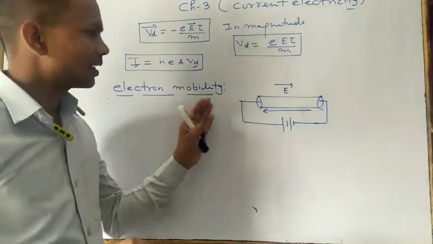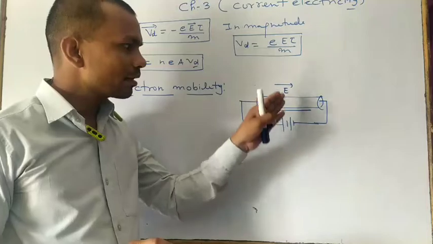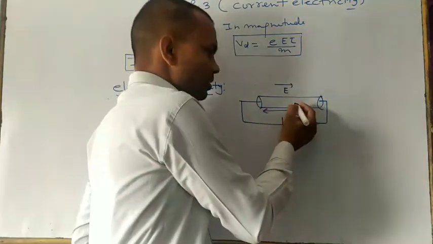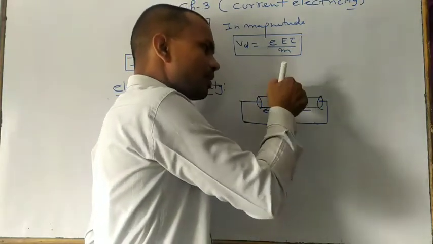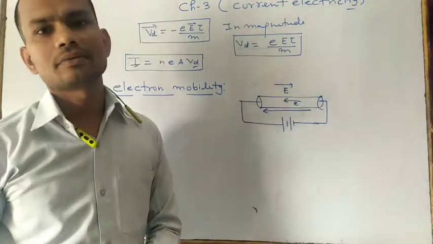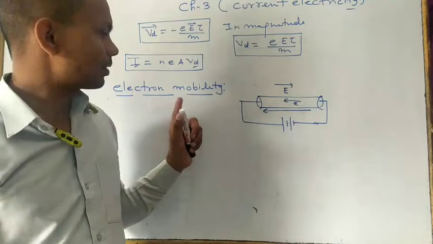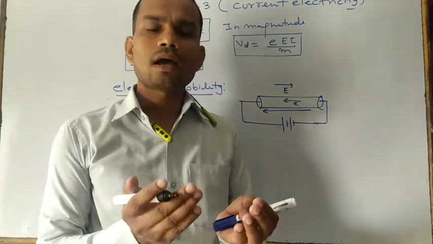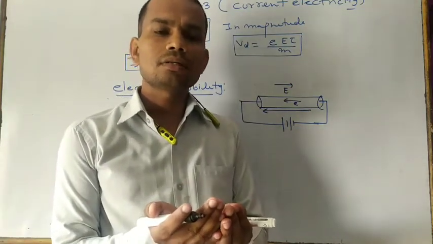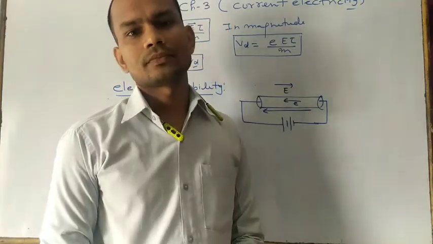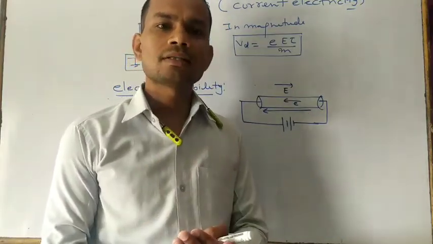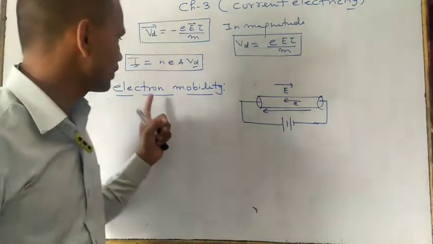So the electrons move in a particular direction when we apply the external electric field. For electron mobility, on applying unit strength of electric field, the average velocity gained by the electrons is known as